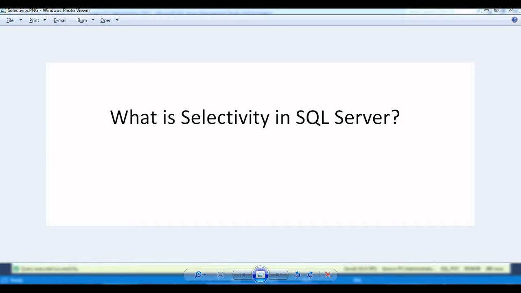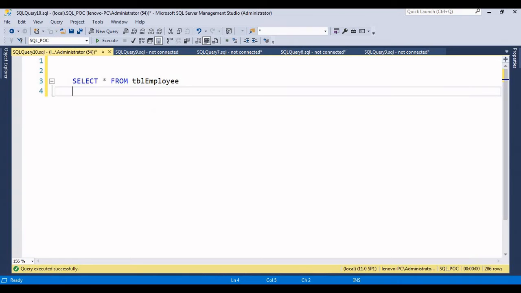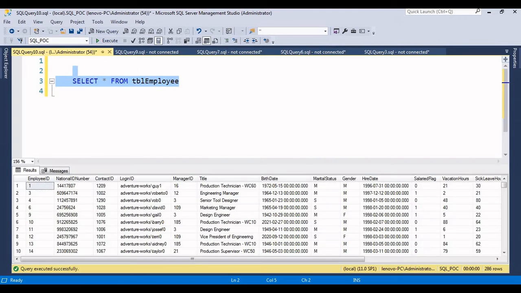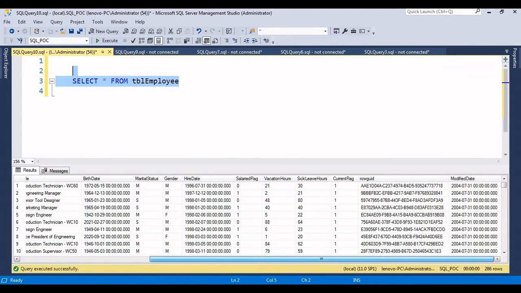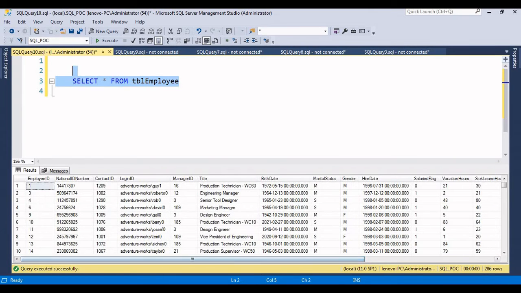I'm opening SQL Server Management Studio. For today's demo, I'm using the employee table. First, let's execute it to see what it contains. It contains around 15 columns and 286 rows of data. Now we'll try to find the selectivity of 3-4 different columns, and we'll see how to calculate